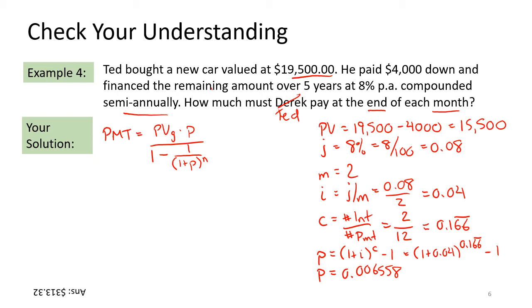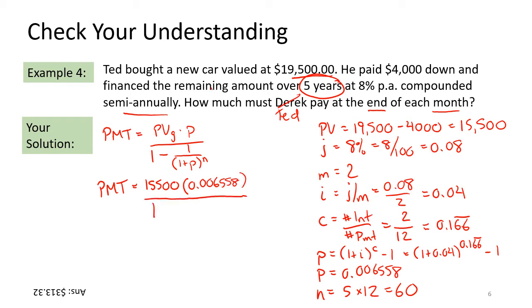The last item we need is our total number of payment periods, N. He's paying for 5 years, and he's paying at the end of each month. So 5 years times 12 payments a year gives us a value of 60. Substituting that into our equation, our payment is equal to 15,500 times our equivalent rate of interest, 0.006558,